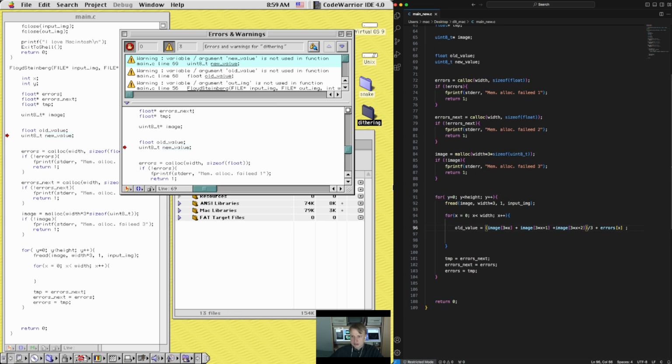I have error on the current position, and that's the old value. Now I should decide what is the new value. So the new value will be